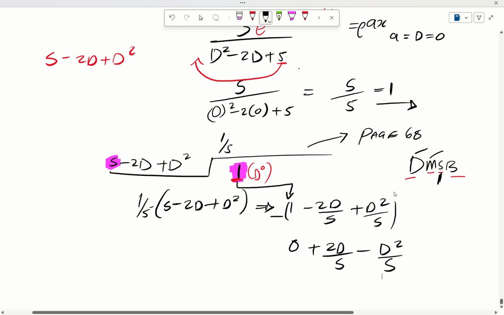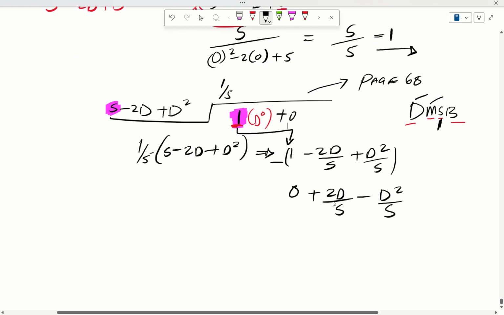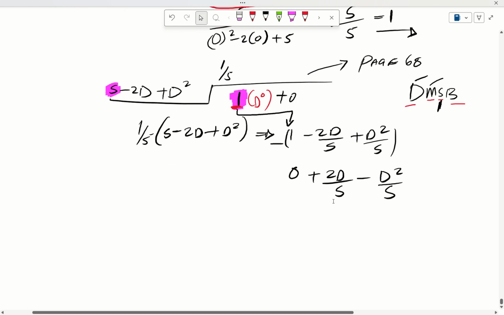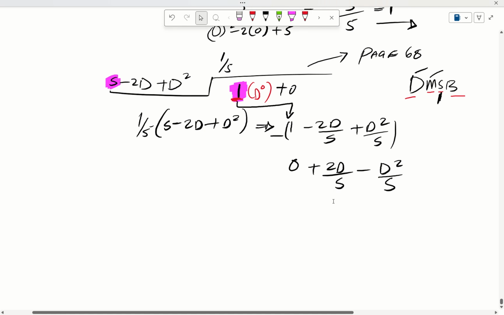And then they say bring down. There's nothing to bring down there. It's a plus 0, so you're gonna bring down 0, nothing. And then you go again, you start the process. Since you are done with division, multiplication, subtraction, and bring down, you start over. And then now our next value is